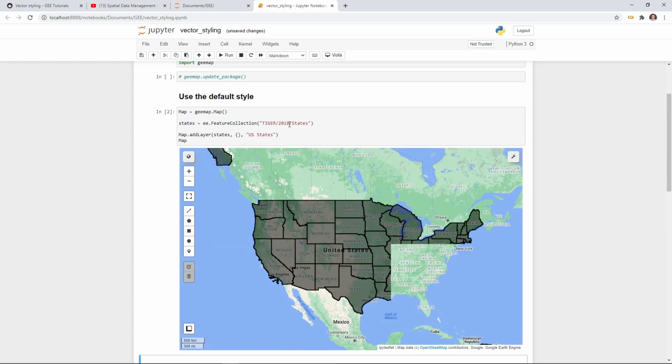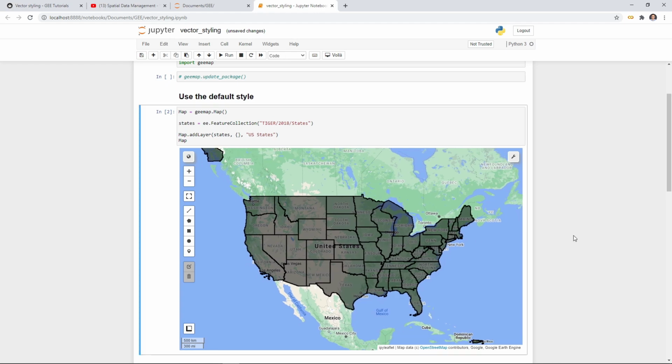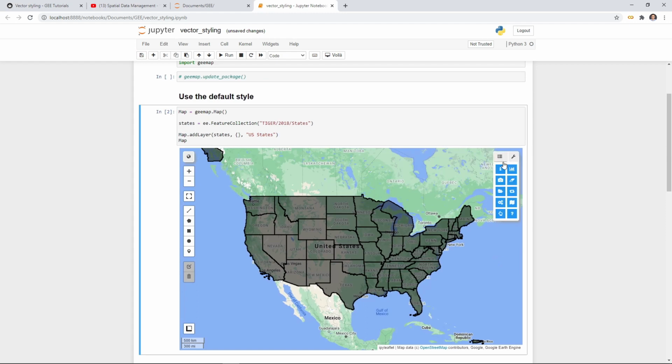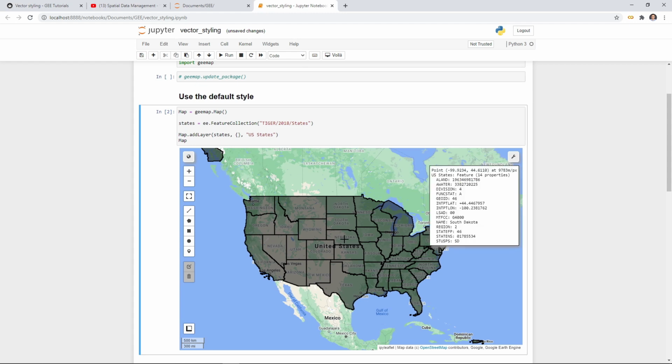Okay, so this is the US census data, the state boundary for the United States. And once you add the data to the map, you can actually query the data. Upper right corner here, you can click the toolbar and then click the identifier or the inspector. Then you can click on the map to query the polygon. You can see, for example, the coordinates when you mouse click on the map. You can also see, for example, the resolution, or the scale